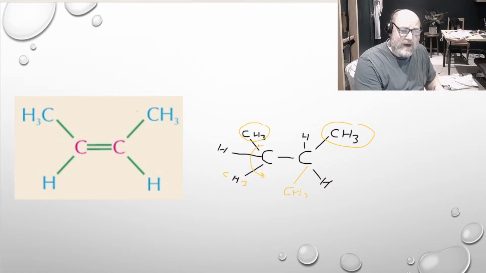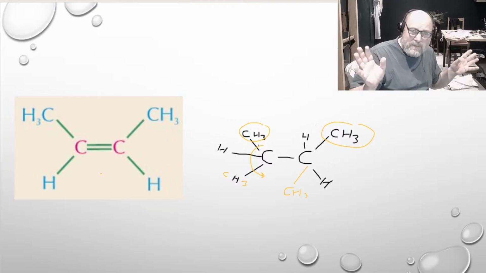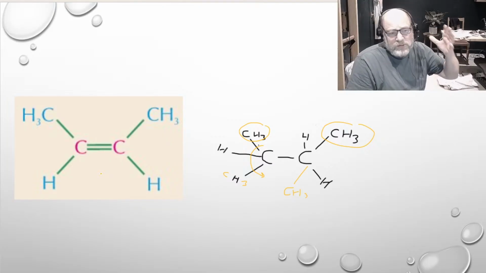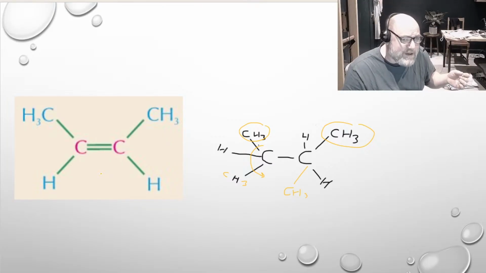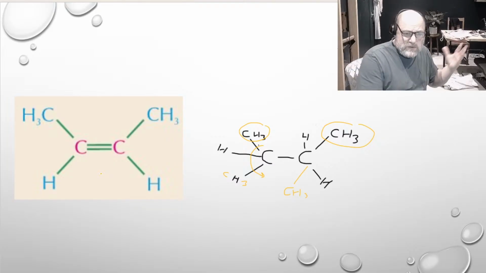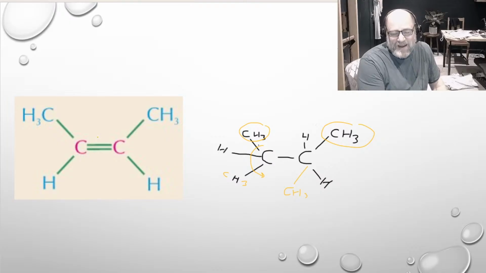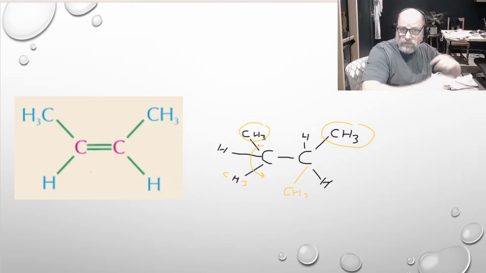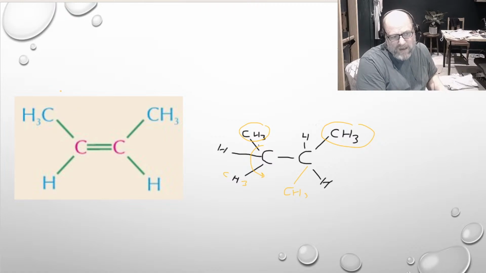You don't get that with the alkene carbon double bond. There's no rotation. In your exam board you don't really need to go into the detail of why there's no rotation, so you don't need to go into all the orbitals. You just need to know that this is a planar molecule, and with planar molecules you don't get rotation around the bond. So once this has formed with the CH3 here and the CH3 here,